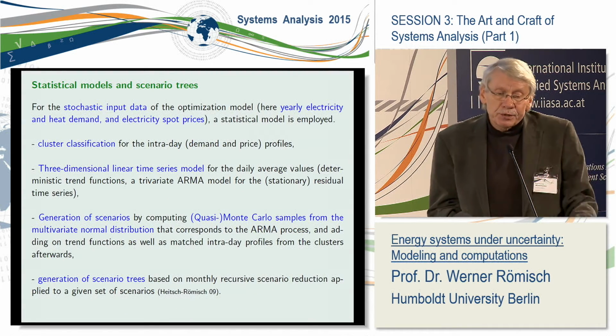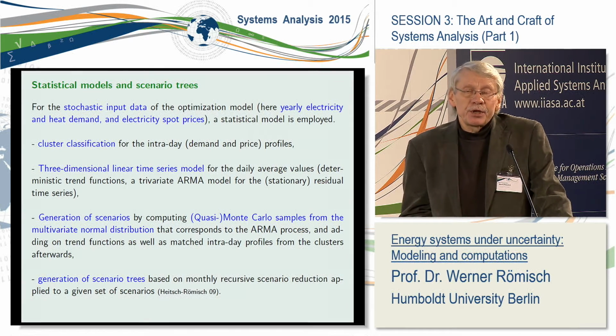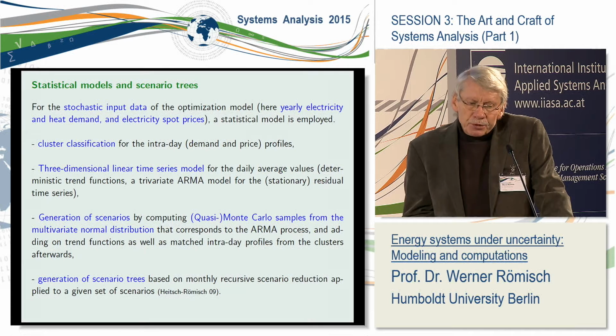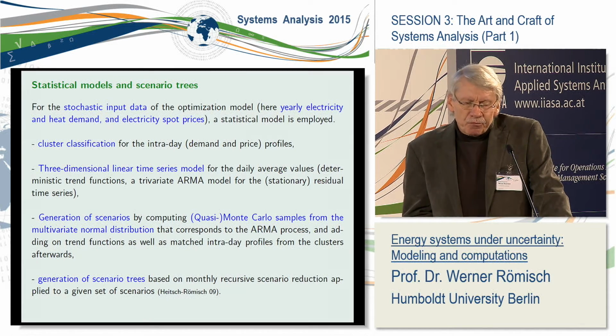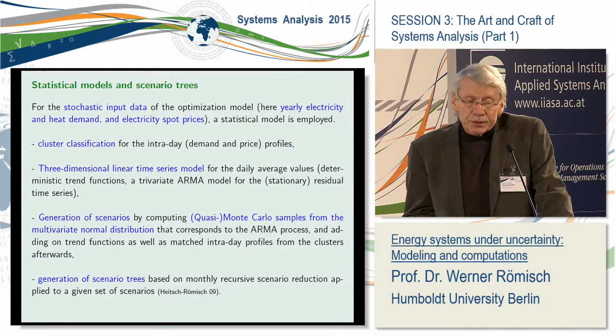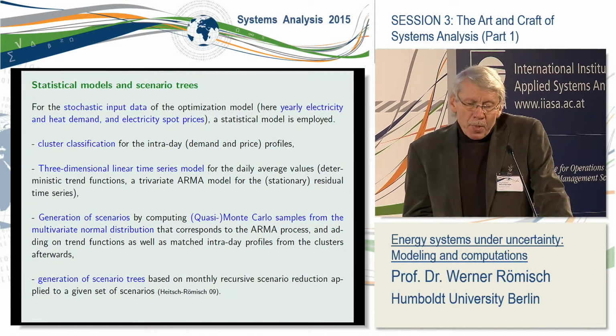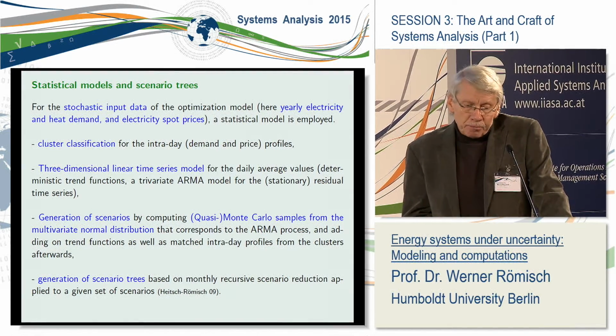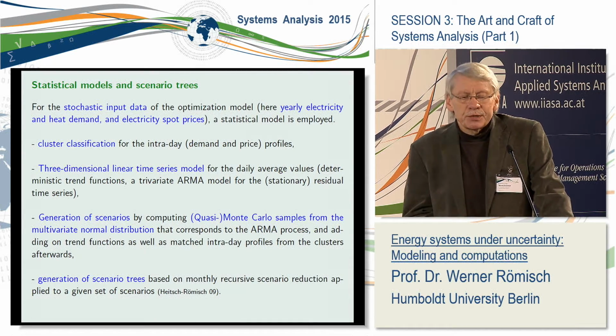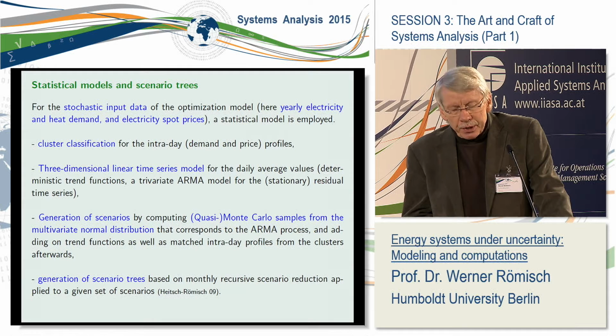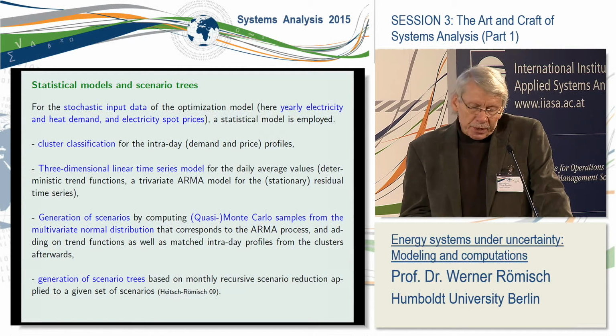Let me start with the statistical model and the generation of scenarios and scenario trees. The first step is that one has to check the data, and it turned out that the daily averages satisfy a normal distribution. Hence, we thought about fitting an ARMA model, and since we have 3 parts, namely heat demand, power demand, and electricity prices at the spot market, it is a 3-variate ARMA model, and this is fitted